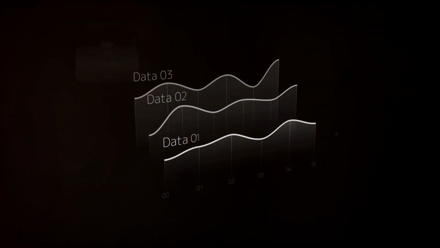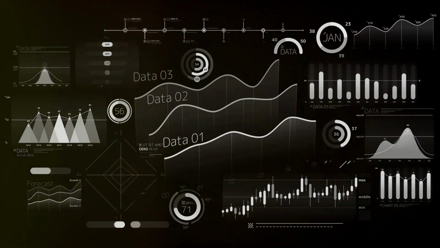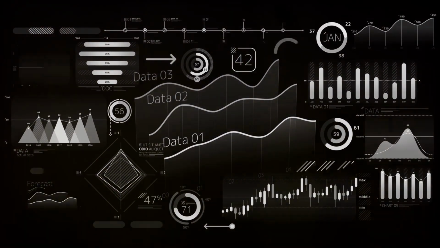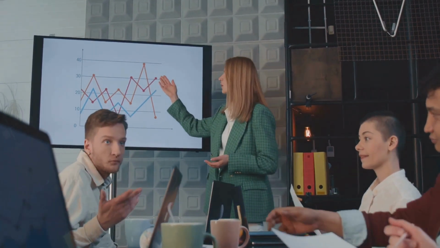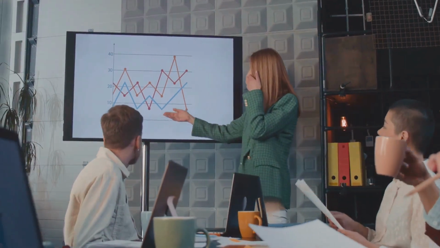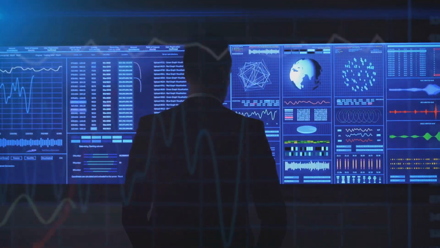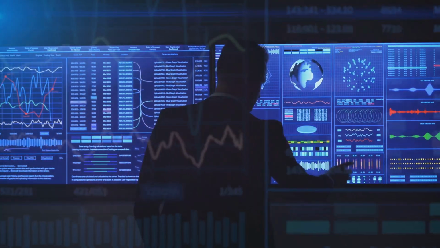In regression, where we predict continuous values, metrics like mean squared error, MSE, and R-squared come into play. Regression tasks might include predicting house prices based on features like location, size, and age, or forecasting stock prices based on historical data. MSE quantifies the average squared difference between predicted and actual values, providing a measure of the model's